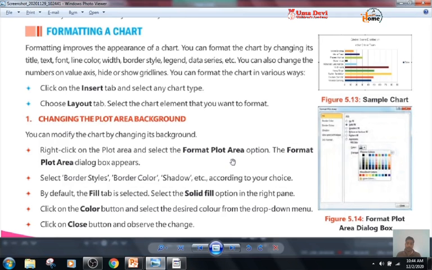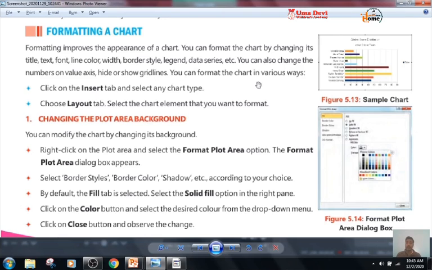So dear students, now we will learn about formatting a chart. Formatting improves the appearance of a chart. You can format the chart by changing its title, text, font, line color, width, border style, legend, data series, etc. You can also change the numbers of the value axis, and hide or show grid lines.